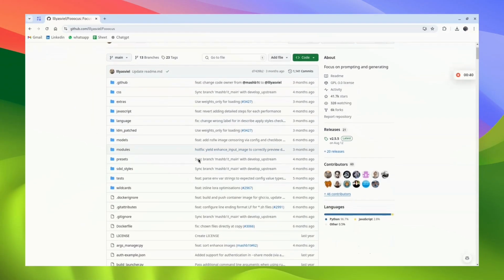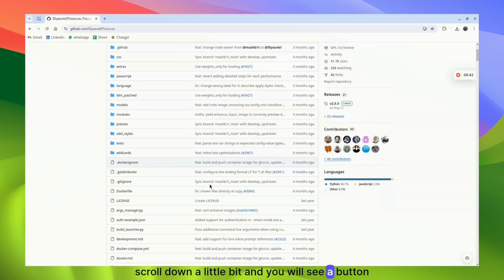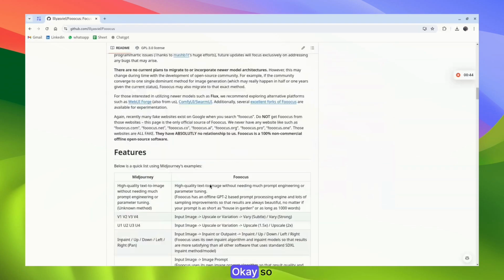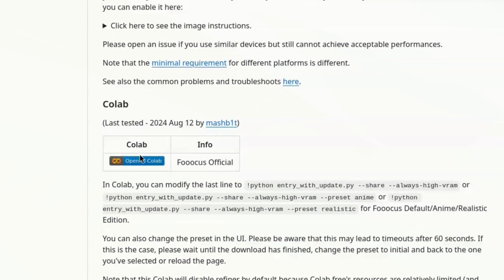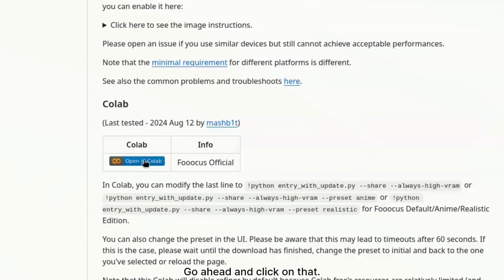Okay, once you are there, scroll down a little bit, and you will see a button that says Google Colab. Okay, so here you can see that open in Colab. Go ahead and click on that. Okay,